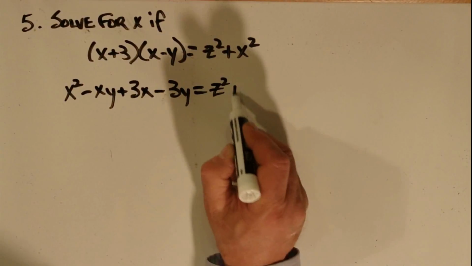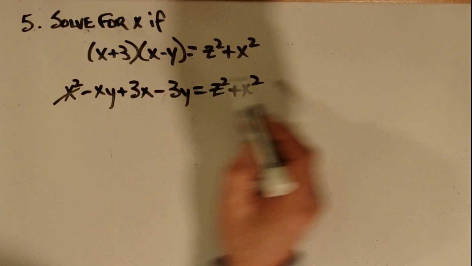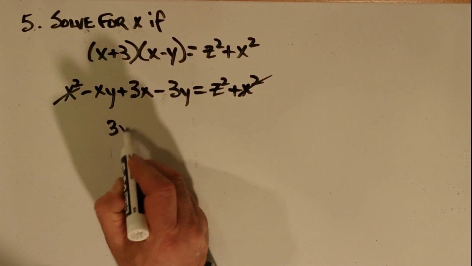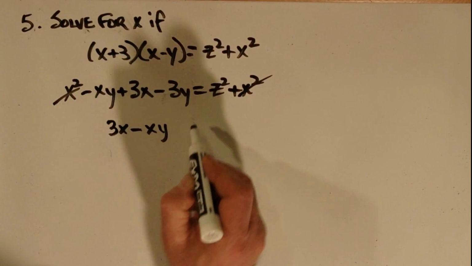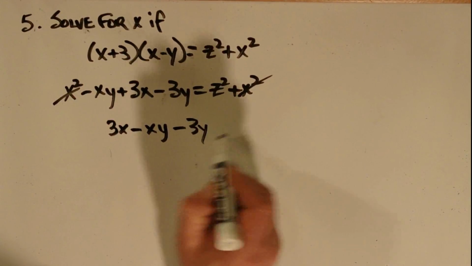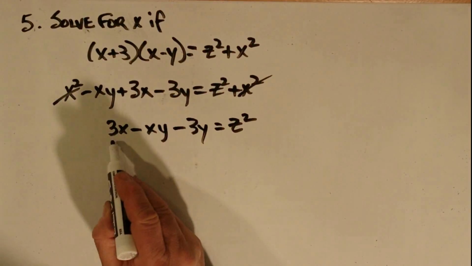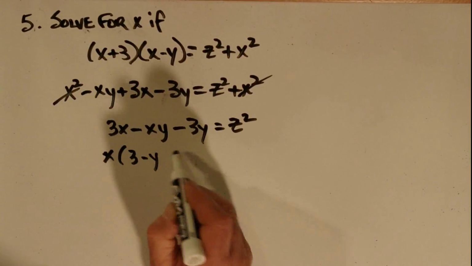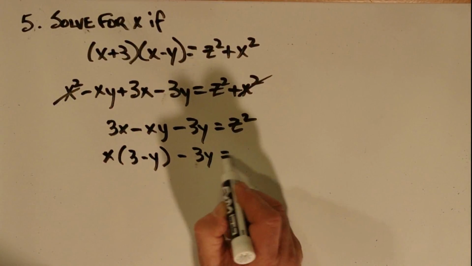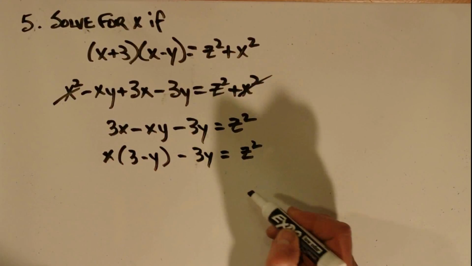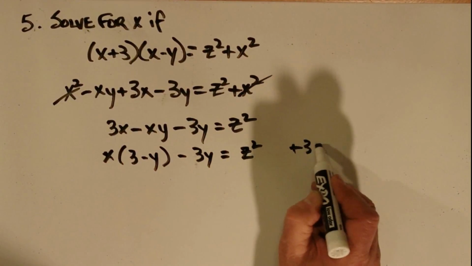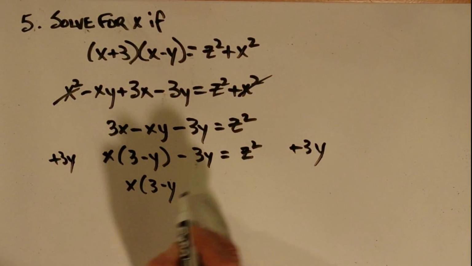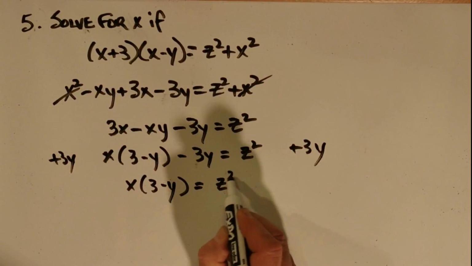We have positive x squared on both sides of the equation, so those automatically cancel out. And we're left with 3x minus xy minus 3y is equal to z squared. And we can rewrite that as x times the quantity 3 minus y, minus 3y, is equal to z squared. Add 3y to both sides of the equation. X times the quantity 3 minus y equals z squared